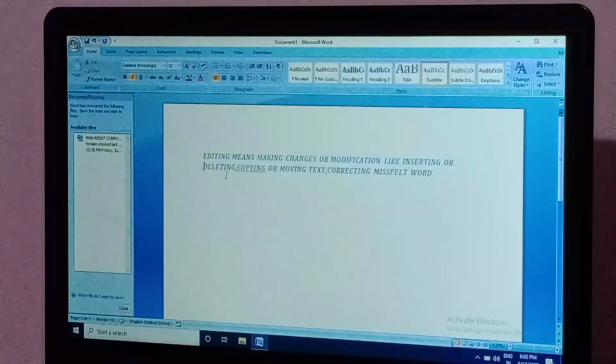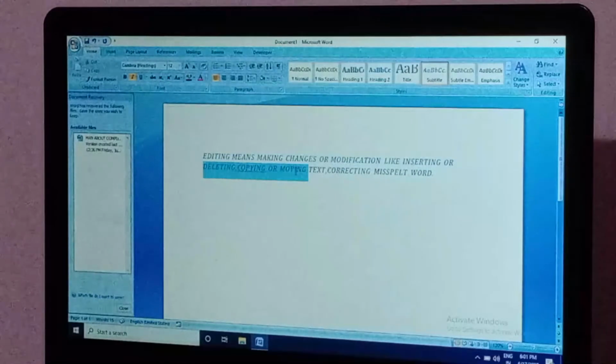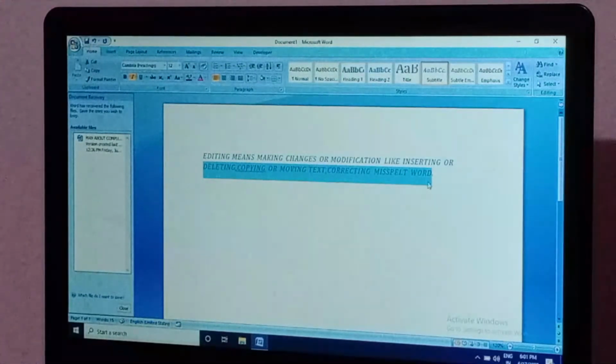One click in the mouse, and the same rule applies. You just press the mouse left button once and drag over the whole line to select it.